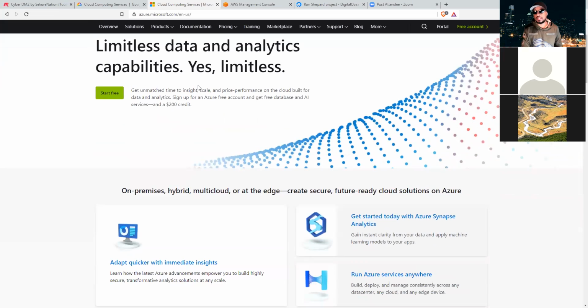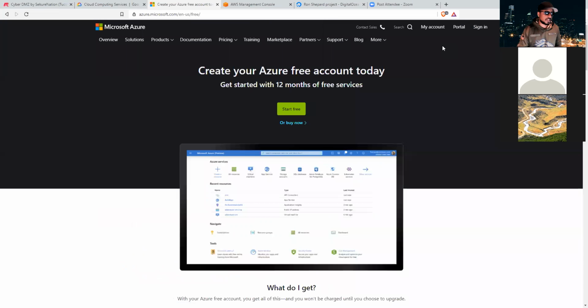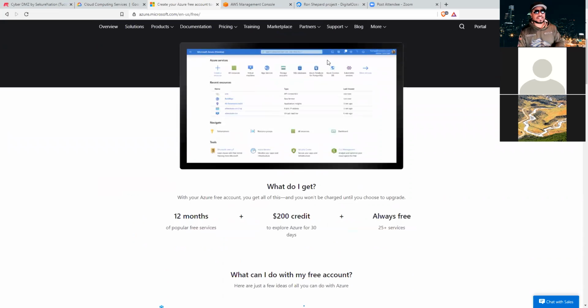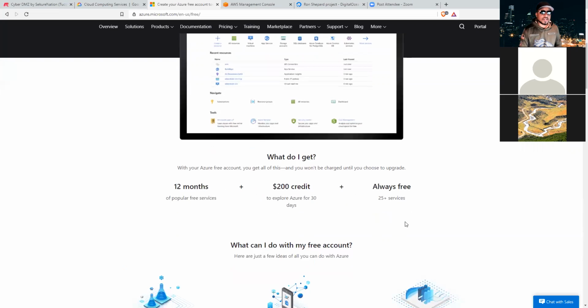Microsoft Azure works in what they call workspaces, and if you create a free account, this free account actually allows you to have free access to all of their services for about 90 days roughly, but then you get 12 months of free services after that, but they are only the free services. So don't let the buzzwords confuse you. You will get access to the free services. And as you see here, they say they're always free, 25 plus services. Yeah, they're typically not the most critical services that you want to use for free,